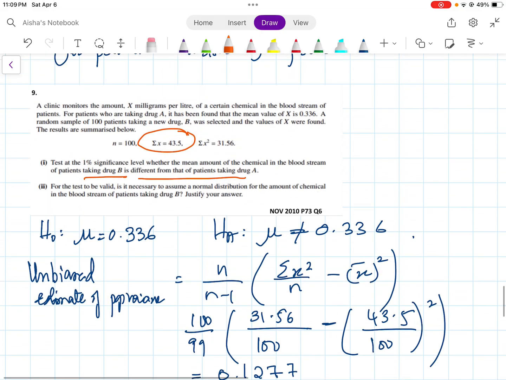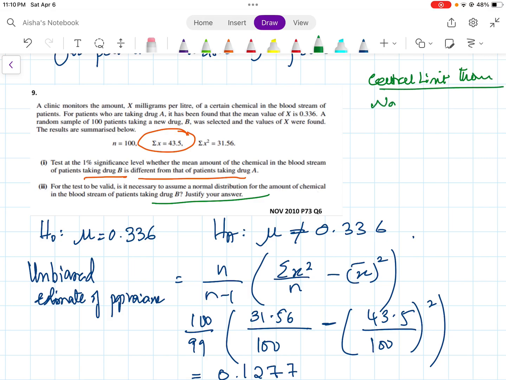Now next is, for the test to be valid, it is necessary to assume a normal distribution for the amount of chemical in the bloodstream of patients taking B. Justify your answer. Yes, it is important because of the central limit theorem. What does the theorem say? The theorem says a non-normal population